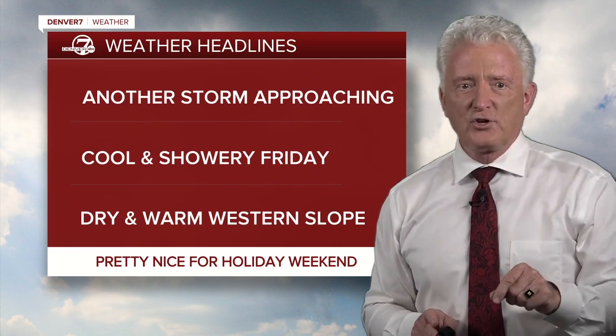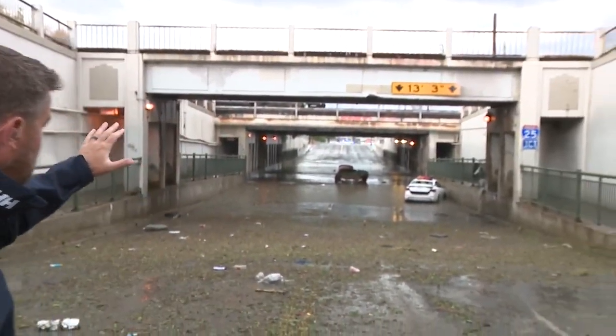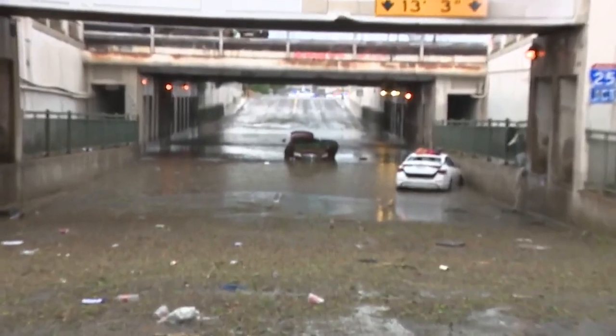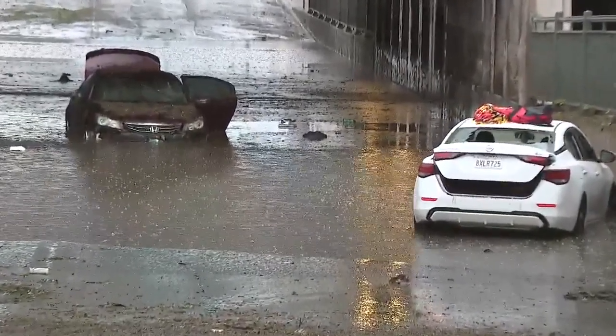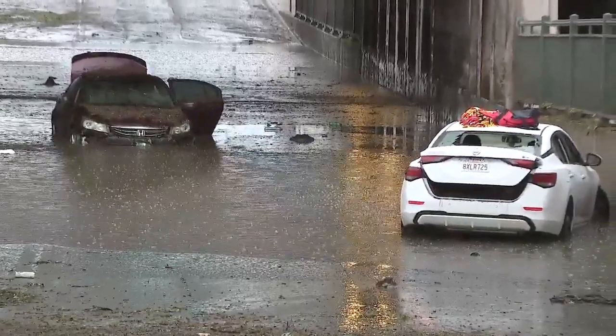First, more coverage on what's going on over the metro area in the last couple of hours. Denver 7's Russell Haythorne is near 38th and Inca with a live report. Russell? Yeah, Mike, and the scary part is the skies are beginning to open up here in central Denver. Once again, we've got rain coming down, but this is West 38th Avenue, just to the west of I-25, and